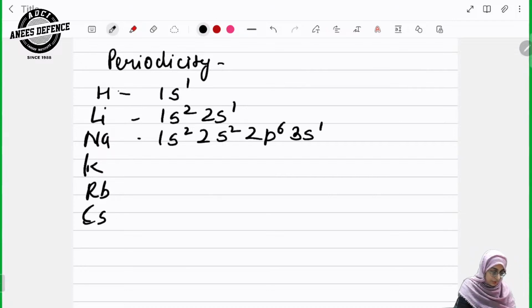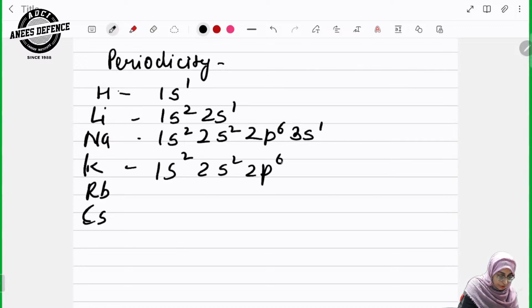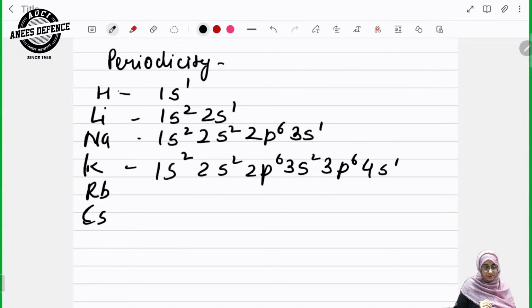Correct? Potassium is 1s2, 2s2, 2p6, 3s2, 3p6, and 4s1. Correct? And so on. So what we are noticing here is that all the last electrons